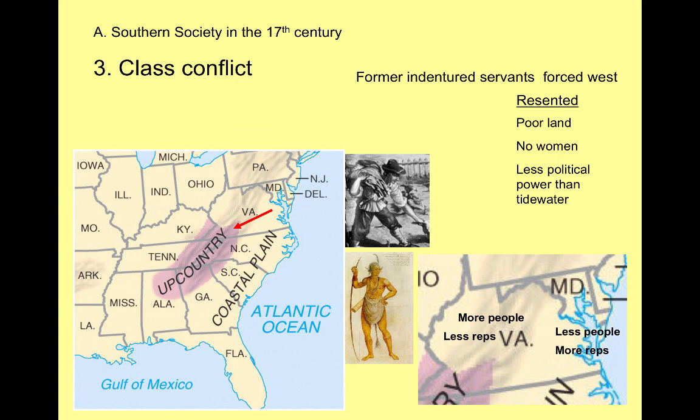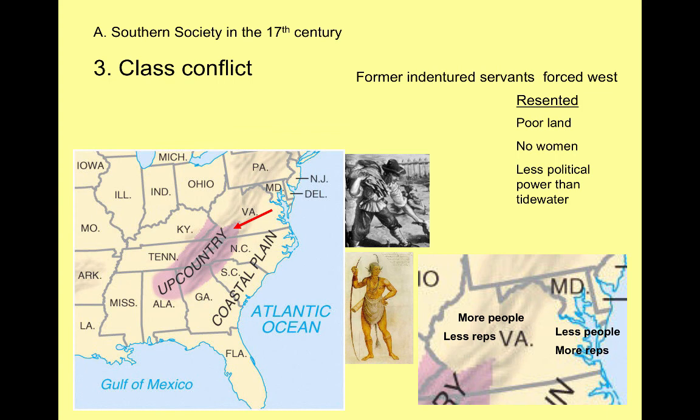So even though the planters on the East Coast have fewer people, when we talk about having an elected representative democracy, they're going to get more seats in the House of Burgesses, their, if you will, Parliament or Congress in Virginia, than the people who live much more out west. And this seems to be unfair. Why shouldn't one person get the same amount of representation as another person?